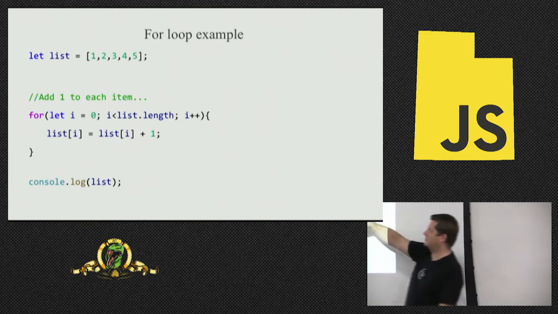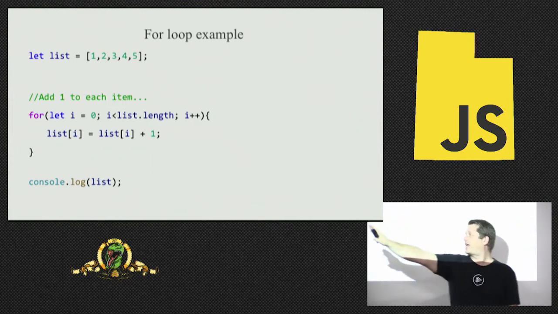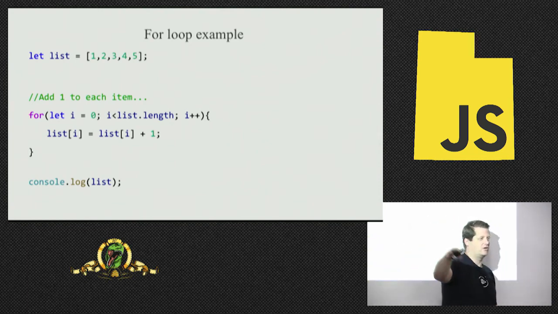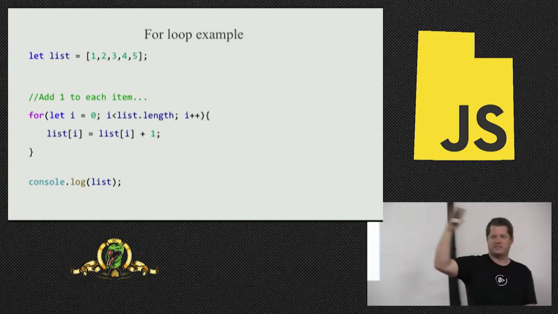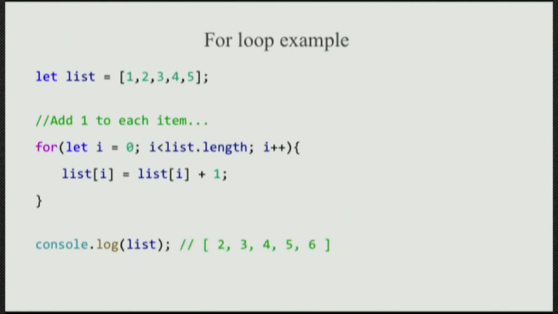Right, so you read the comment, which is great. I commented it just so everybody would know exactly what was going on. So we're going to add 1 to each item. There are other ways you can do for loops, like the for of and the for in. But we're iterating over the list, and we're adding 1. So when I write this out, what's going to be printed? You were so close, but not close at all. What's going to be printed out? Oh, who said it? 2 through 6, just like that: 2, 3, 4, 5, 6.